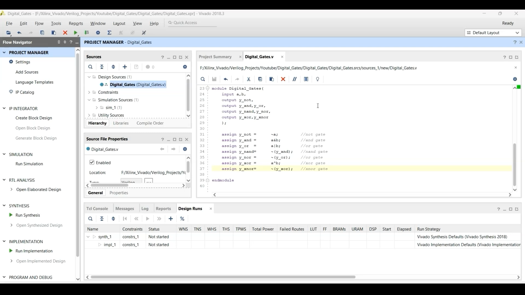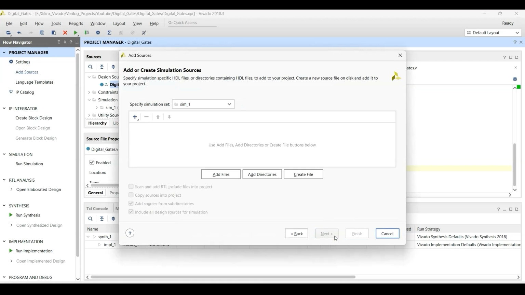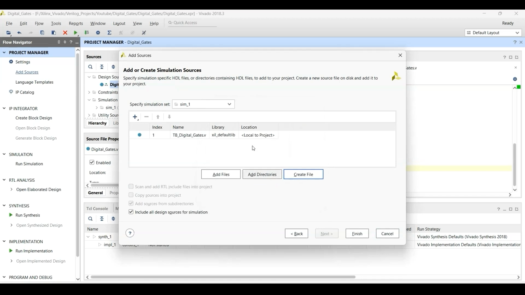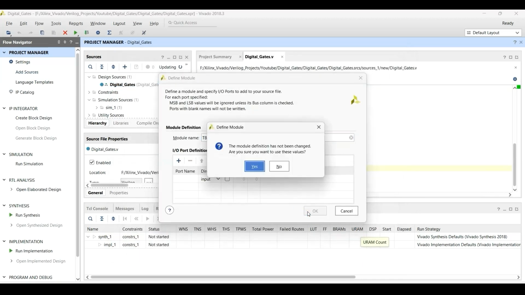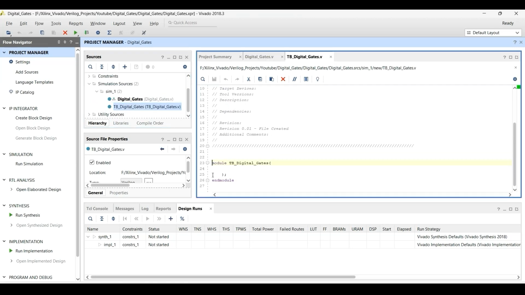Now let's write the test bench. To do that, add source, we need to add simulation source. And I'm going to call it TB digital gates because it is a test bench. You don't need to define I/O pins here. And in the simulation sources file, we can see our test bench file has been generated.